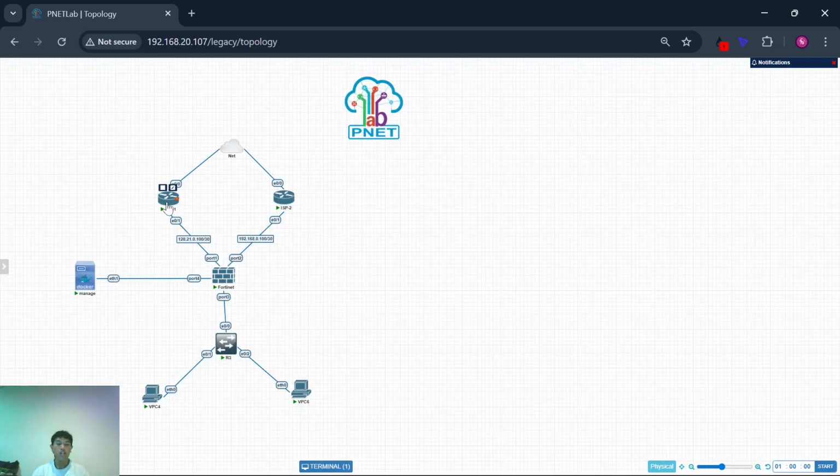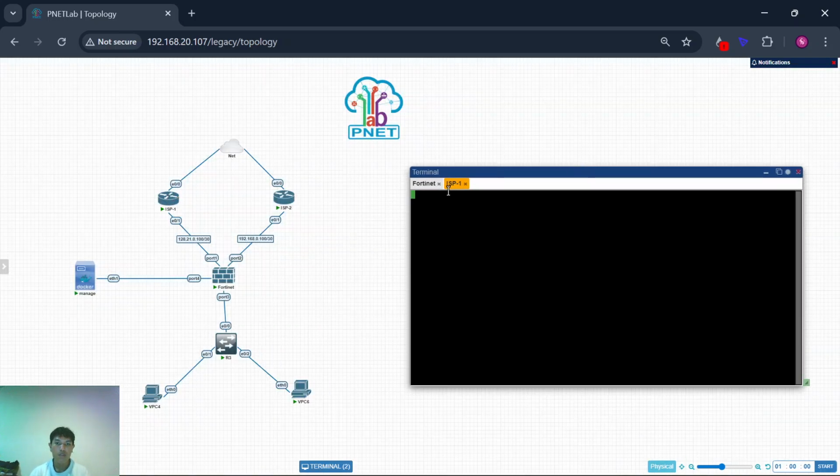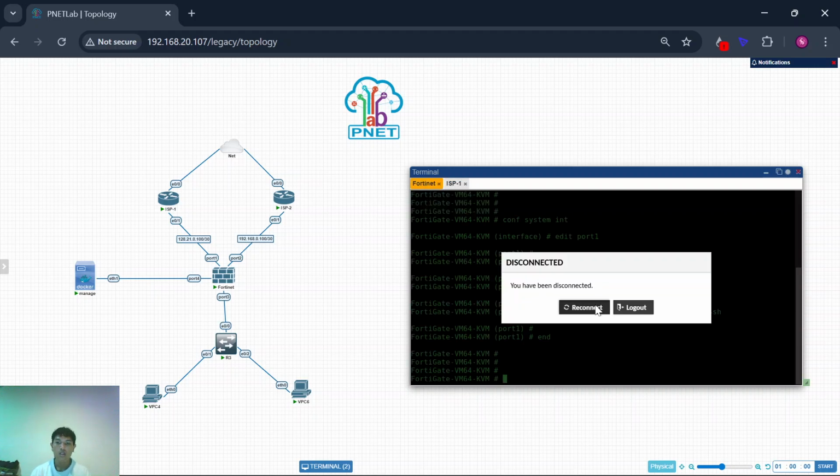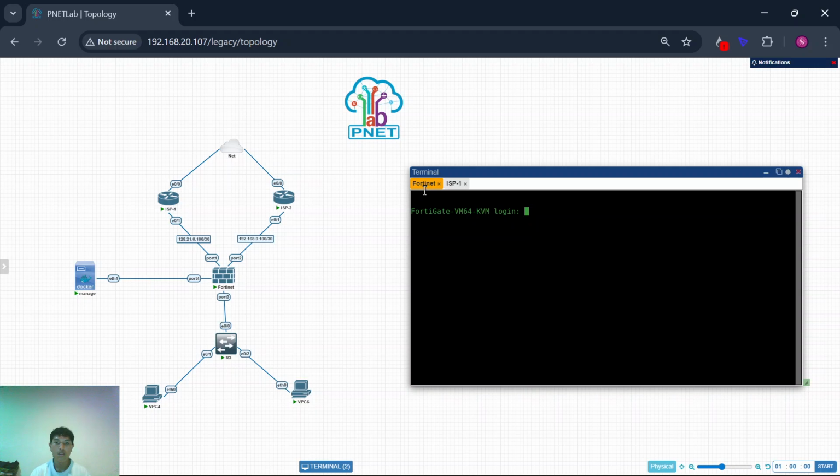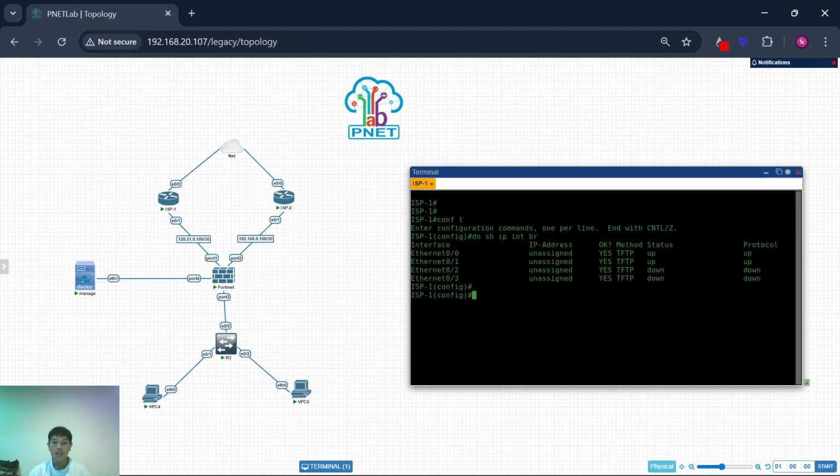Okay, and right now first we check the ISP to show IP interface brief. You can see the interface Ethernet 0/0 doesn't have an IP from DHCP from the internet. So right now we set DHCP IP from the internet: interface Ethernet 0/0, IP address DHCP, and we wait.